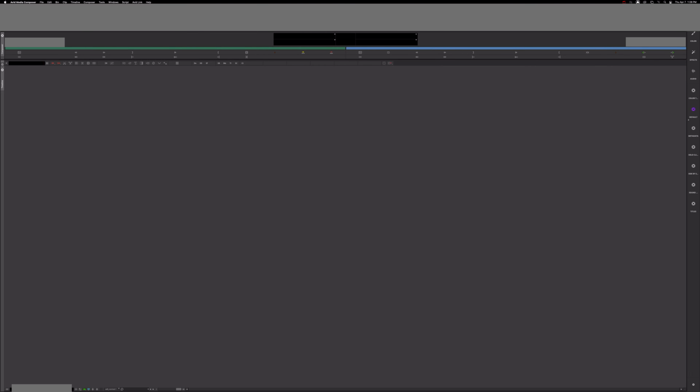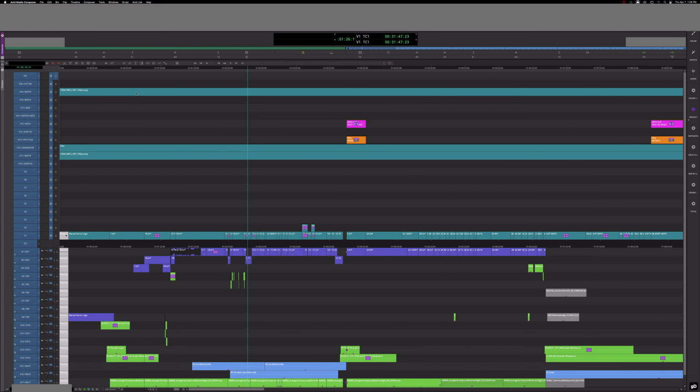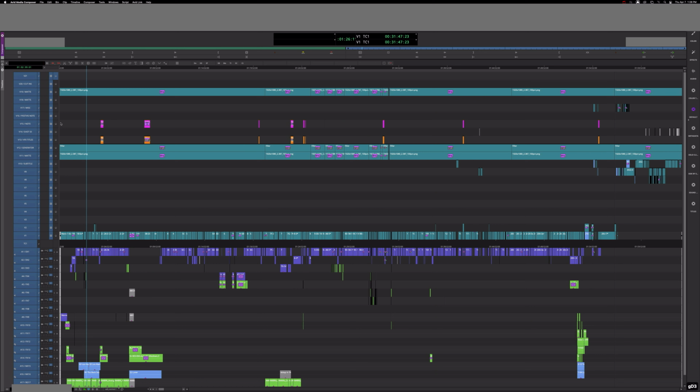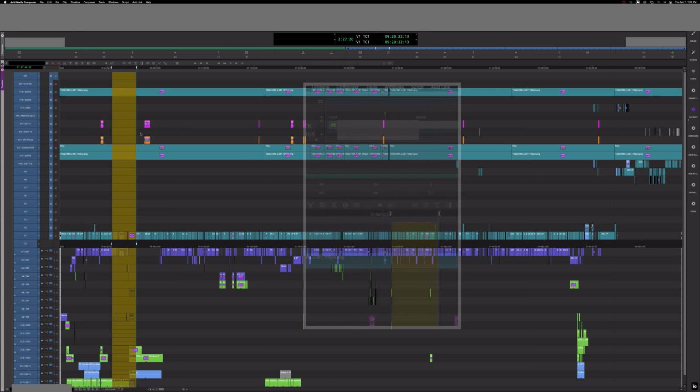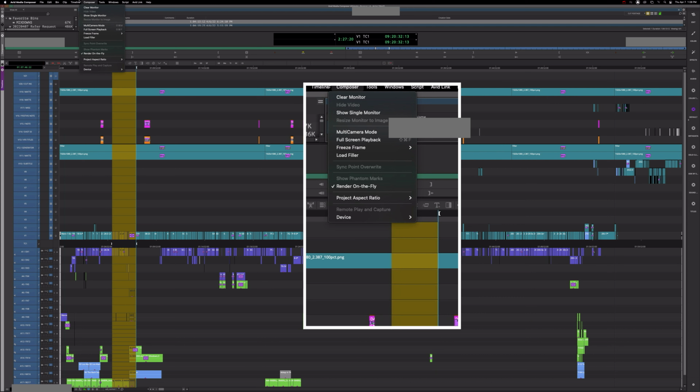Okay, some other stuff. Let's load a sequence here. Now, we haven't gotten to the screening stage of our movie yet, but when we do, I'm going to use this all the time. It used to be that I'd have to mix picture and audio down separately for doing mixdowns for screenings, but now, let's just say I was doing this section so I don't have to do the whole thing. They have this thing called